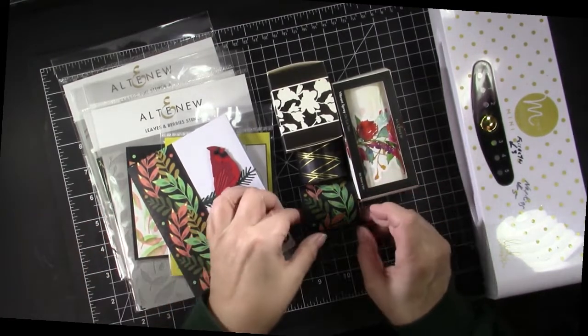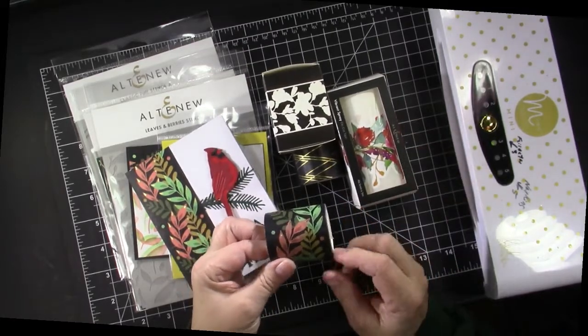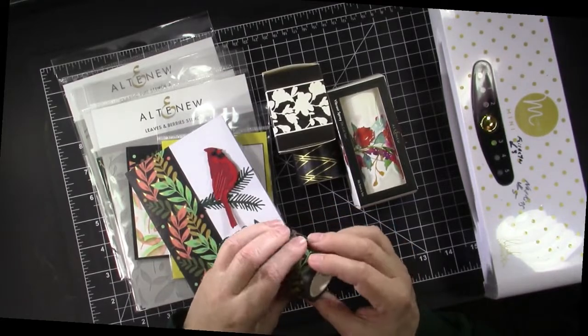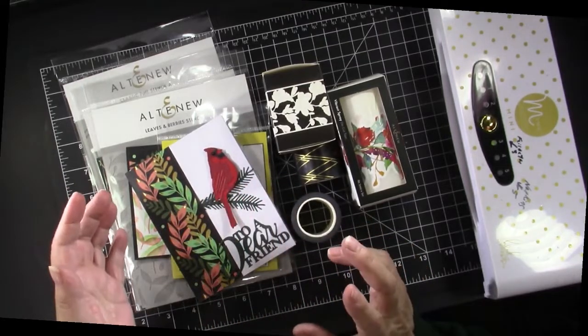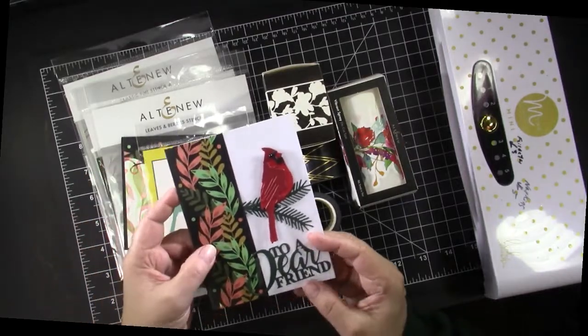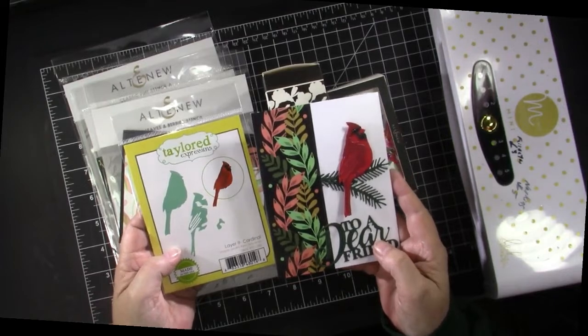Just look at these neat wide washi tapes and die cut tapes. I think my favorite is this Gilded Greenery tape. It makes making an awesome card so easy. All you do is pair it up with some lovely die cuts like this new Lariat Cardinal die from